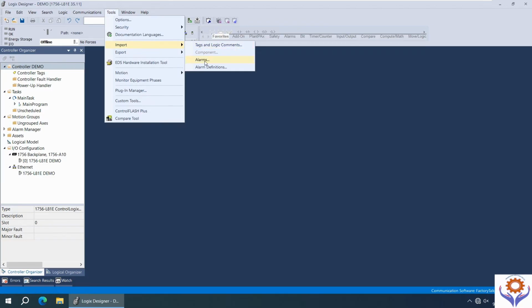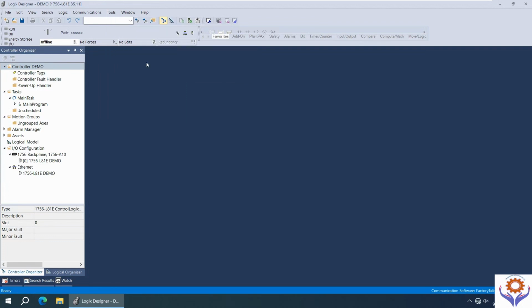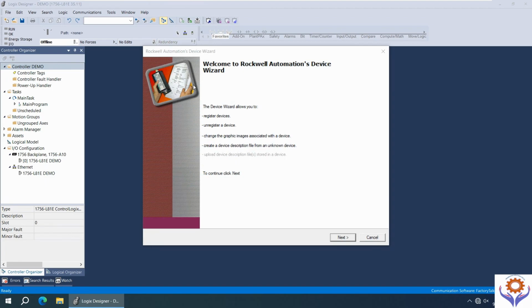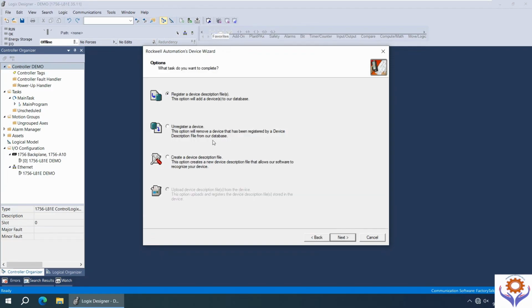If you go for security, you can make a security for logon for your software as well, and also you can import the tags and also the components, alarms, alarm definitions, etc. Similarly for export as well, you can do the same, export these alarms, trends, and everything. And if you go further,